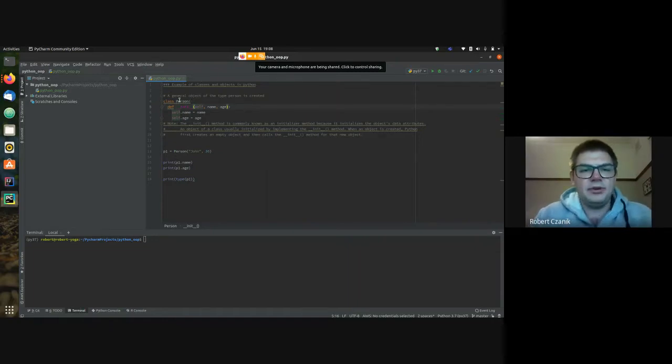So if you create an object of the class person, you would have two properties that you can refer to and assign values to, the properties of the object person. So let's first go through the class function, and then we'll look at the properties that we assign an object